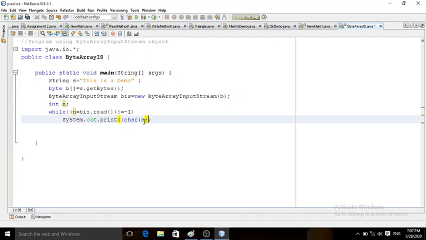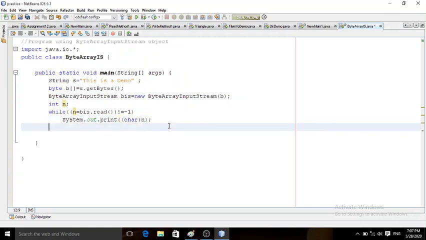Whatever the integer n is, it is going to be converted into the equivalent character, so that again it will show you this is a demo. First we will run this, and then one more time we will run it and see it converted into uppercase. That can also be done. Okay, I save this.